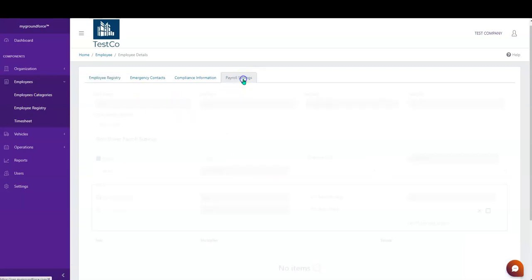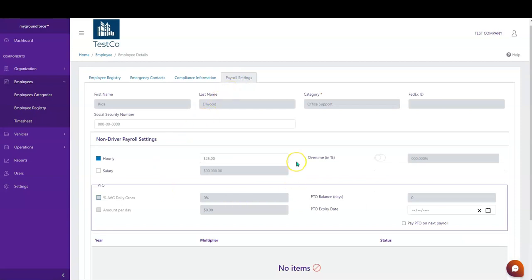I'm gonna go to the tab Payroll Settings, and you'll see here that since this employee is not a driver, this tab looks different. So I can choose here if I pay this employee hourly, and whether this hourly employee receives overtime. I can set the percentage multiplier here. Salary, in case I pay this employee salary, not hourly, I can set the amount over here. And then